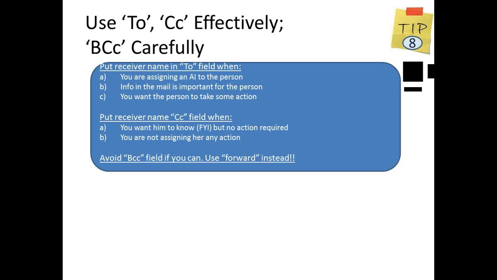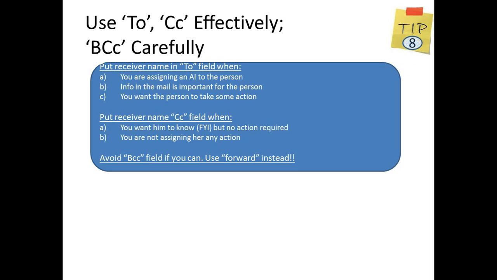Many people use filters. For example, I use a filter. If I am not on the To line in the mail, I put all of those in a separate folder and I look at it when I have time. So effectively, if you send me a mail with my name CC'd, and you're expecting me to respond within 24 hours because this is assigned to me, chances are that I would not be responding. Avoid the CC field if you can. Use forward instead.